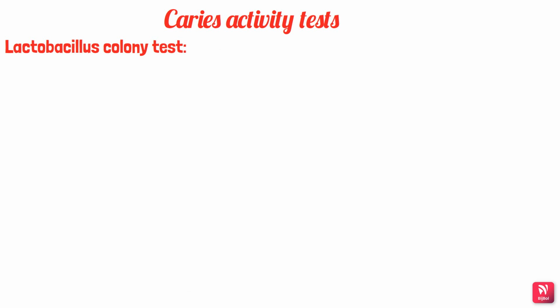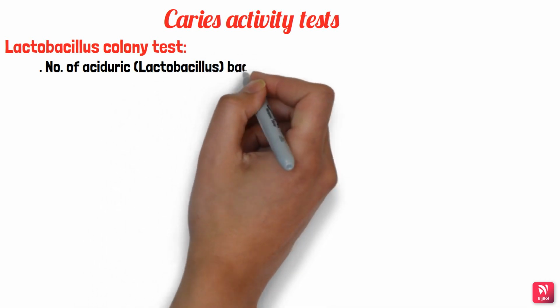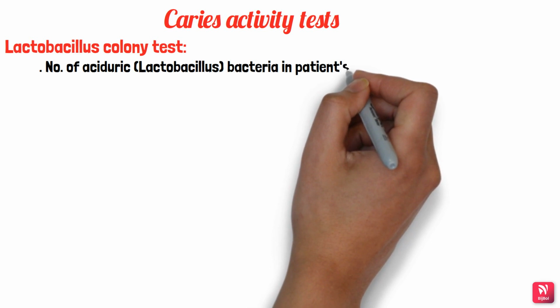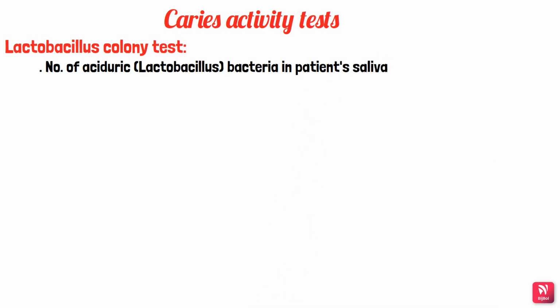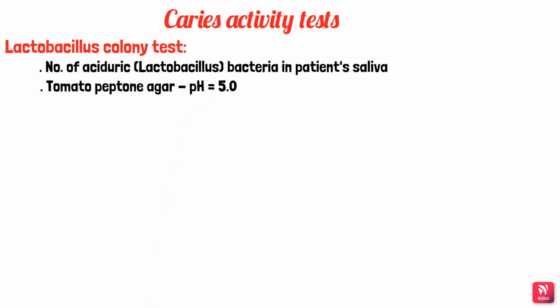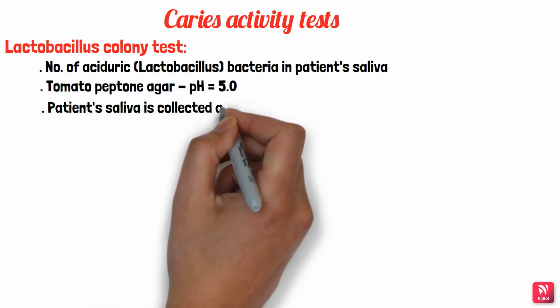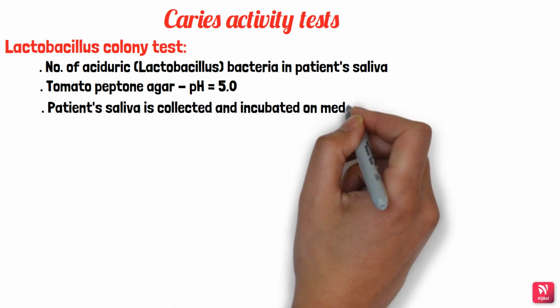First off, it is the lactobacillus colony count test. The main principle behind the lactobacillus colony count test is that we measure the number of aciduric bacteria in the patient's saliva. This aciduric bacteria is nothing but lactobacillus bacteria. The selective medium used to grow lactobacillus is tomato peptone agar, which is at a pH of 5.5. On this agar, we will pour the collected patient's saliva and